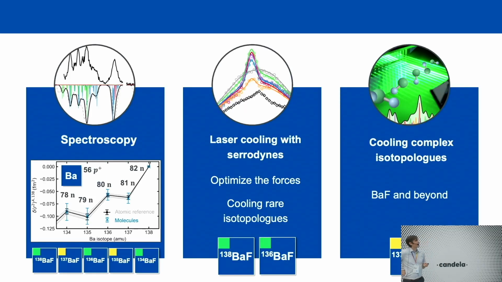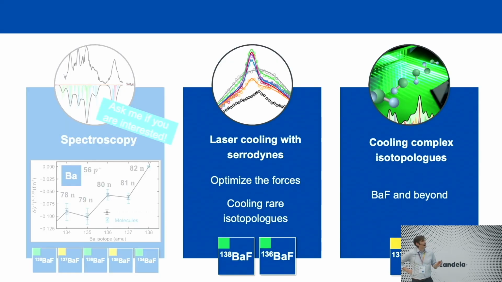So there's a lot of things that we can talk about. In the interest of time, I'm actually going to skip the spectroscopy part. Ask me if you're interested about this. You can already see some nice nuclear physics in this by just doing King plot analysis of isotope shifts. And you see basically how the size of the nucleus of the barium actually becomes smaller if you add nucleons to it, which I guess is a bit of an odd behavior, and it has to do with nuclear correlations. But again, if you're interested in that, just ask me afterwards.